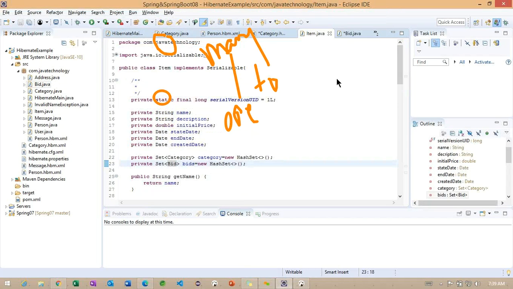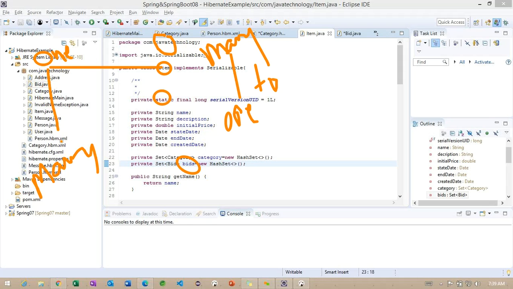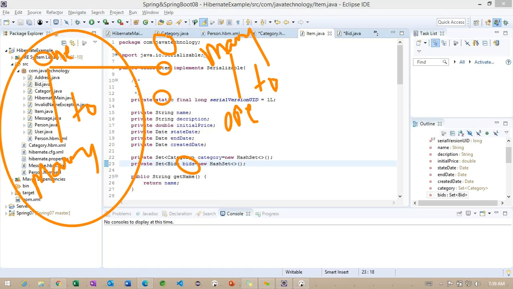So carefully observe here. Now I want to make Item here. Item is one, and in this particular bids we are going to have a collection of objects, which is nothing but many. Here what is the relation? One to many. Getting the point? So this is very important here. Once we identify this terminology, we can easily create the mapping here. Now we have identified one to many and many to one.